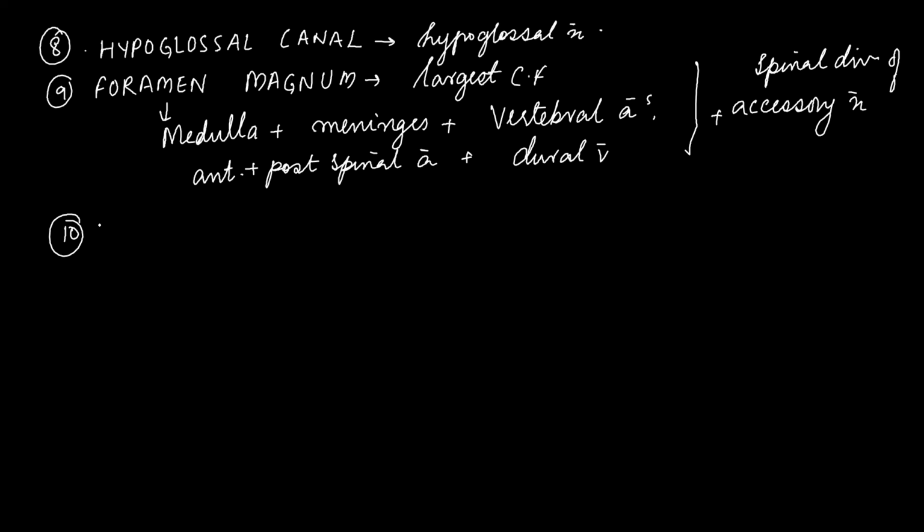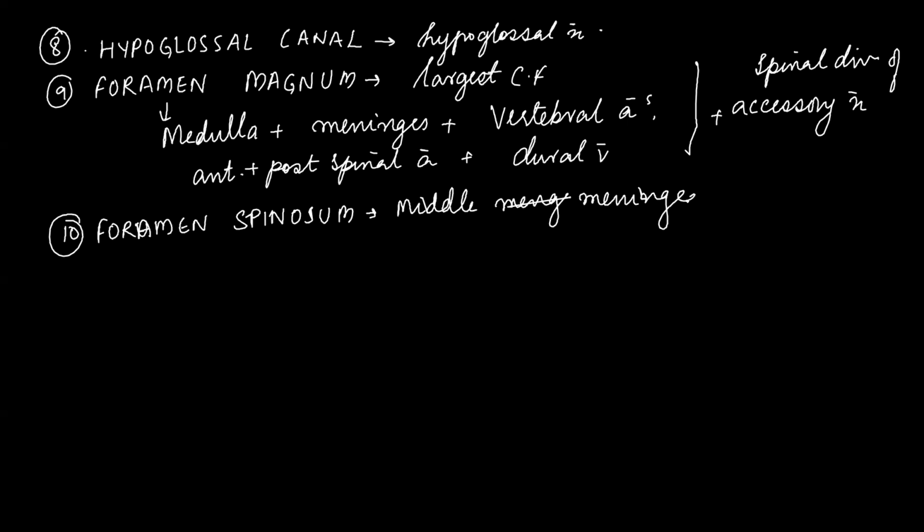We are coming to the last foramen. That is foramen spinosum. Now this is located within the middle cranial fossa, and that is a little lateral to the foramen ovale. Now what does it allow to pass? It allows the passage of middle meningeal artery, also middle meningeal vein,